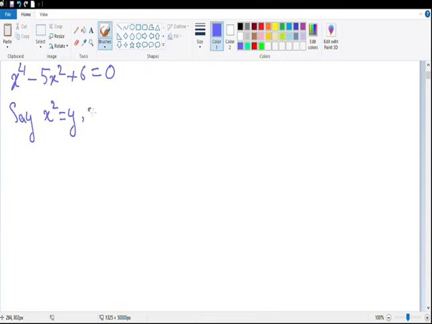Of course, then x to the fourth power would be y squared. Let's replace the values in our equation. We get y squared minus 5y plus 6 is equal to 0. Now, we can use any method we like. We can use completing the square, we can use factorization, we can use the quadratic formula. So let's use factorization. Here, AC